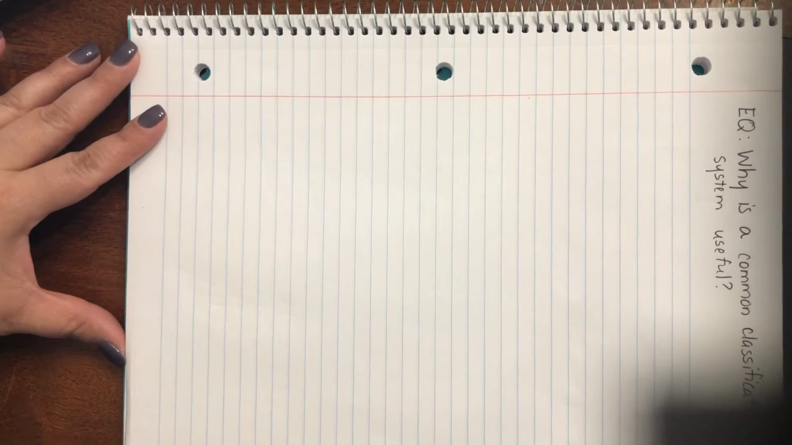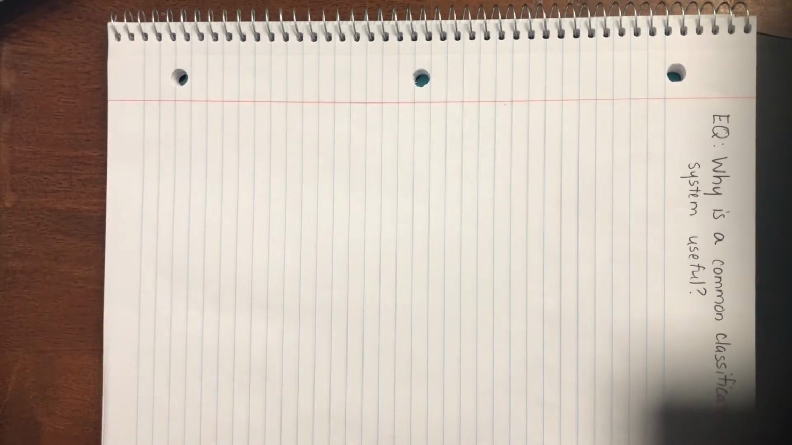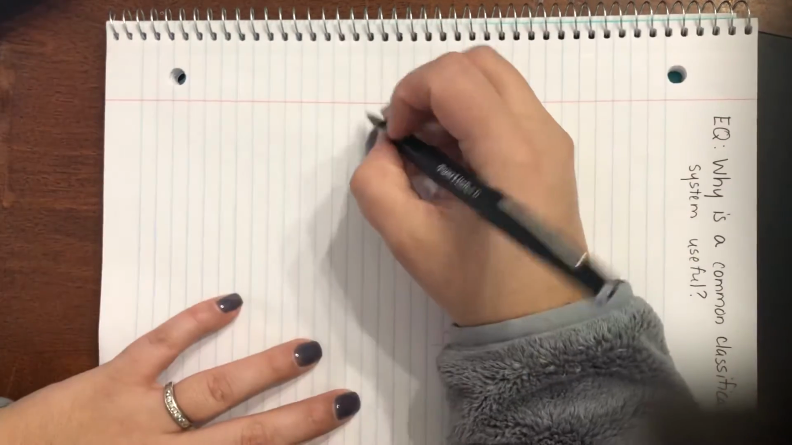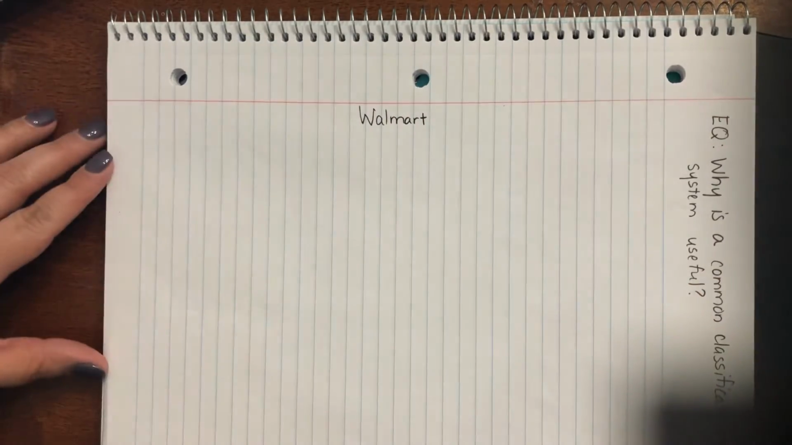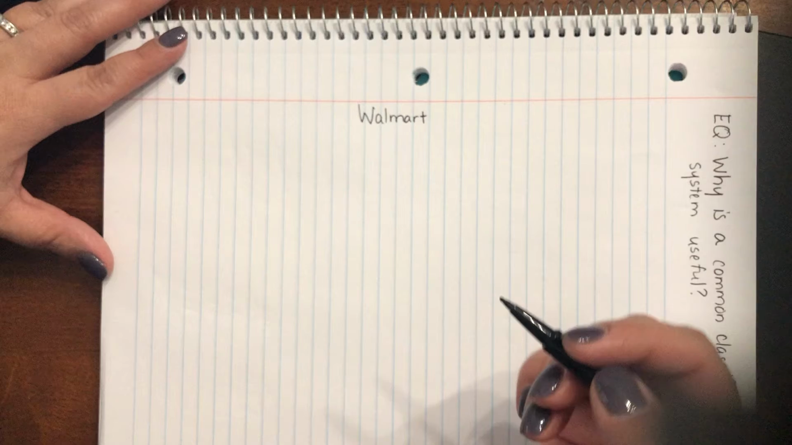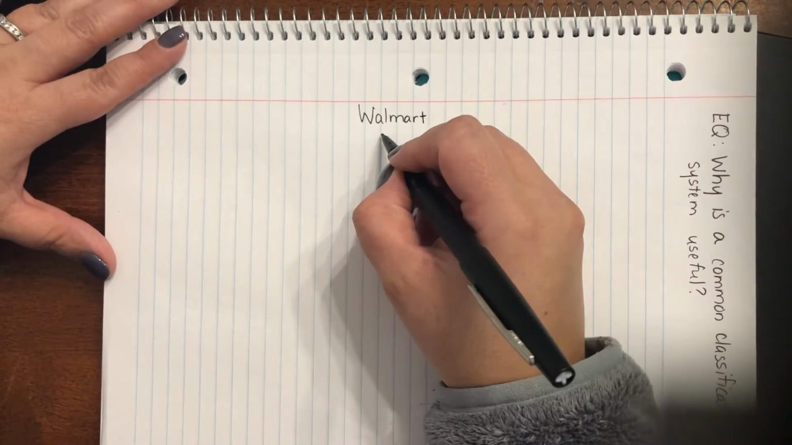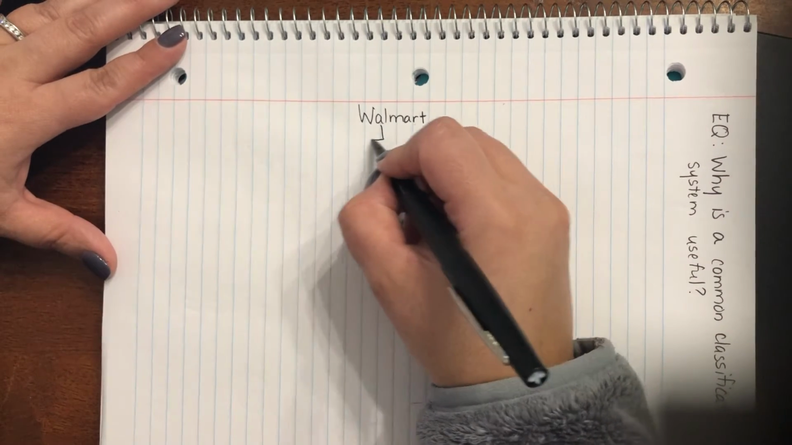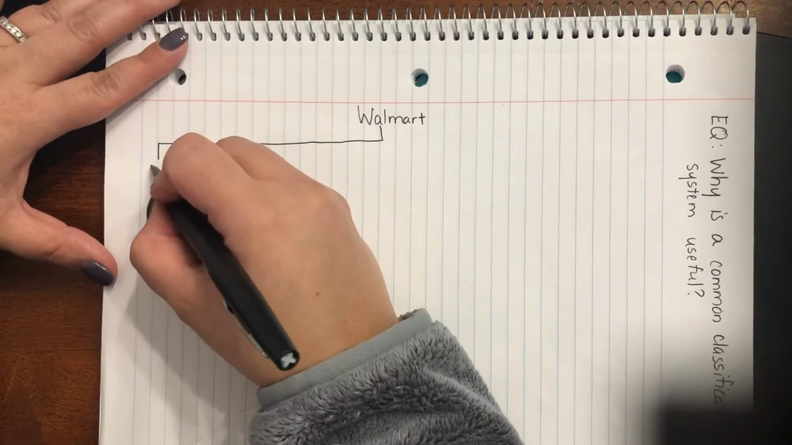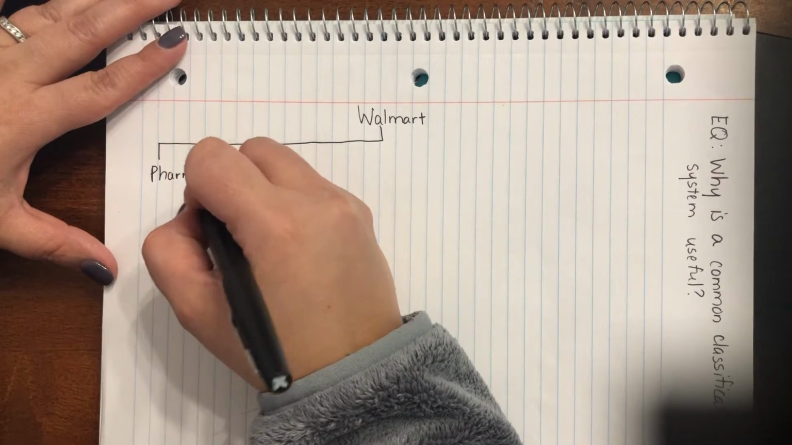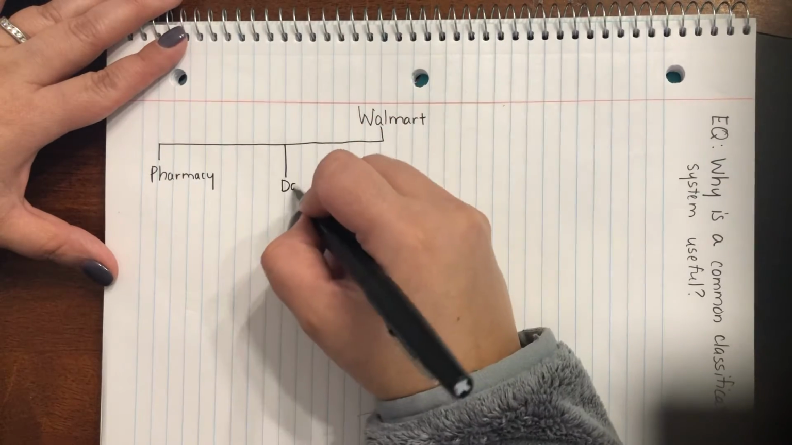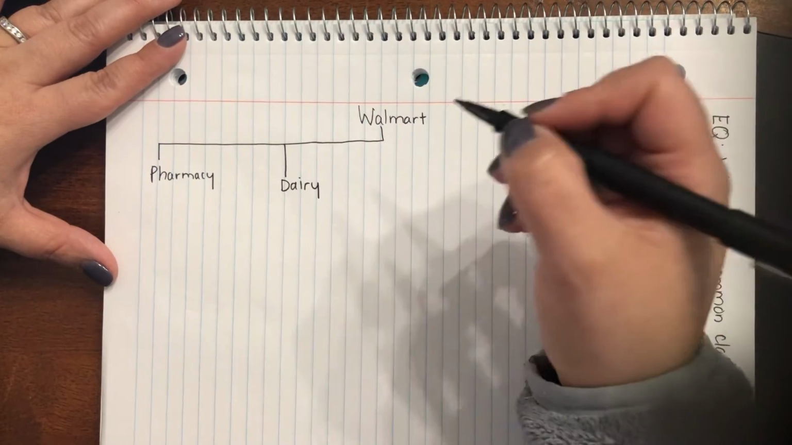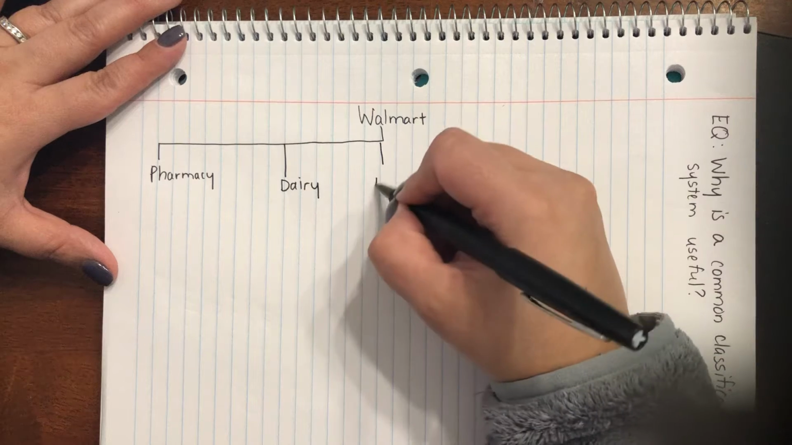So I'm going to turn my journal sideways. I'm going to start out with just writing Walmart at the top. And I'm going to start out with some of the sections that are found within a Walmart. A Walmart can have a pharmacy section, a dairy section, can have electronics,